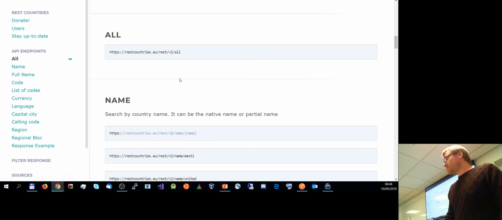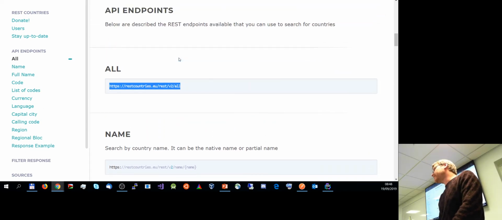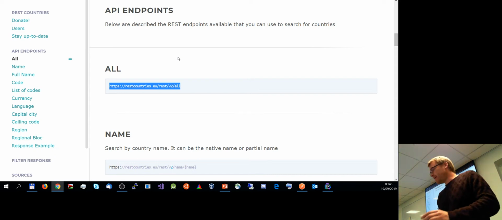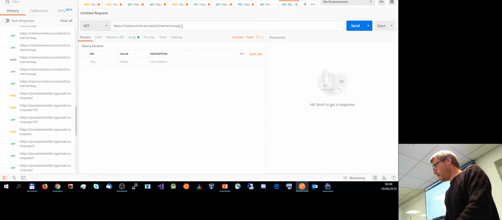REST Countries is just providing all information about all countries. Right? Such a beautiful idea, so let's just try that out. And here it's quite straightforward. They don't specify much, but you can expect that this is a rather static database. You probably wouldn't want to change the capital of a country. I don't know. I mean, who wouldn't want to, right? But let's say, assuming you shouldn't, then you probably don't need to do anything that has some impact on the server side. So in this case, the standard call would simply be a